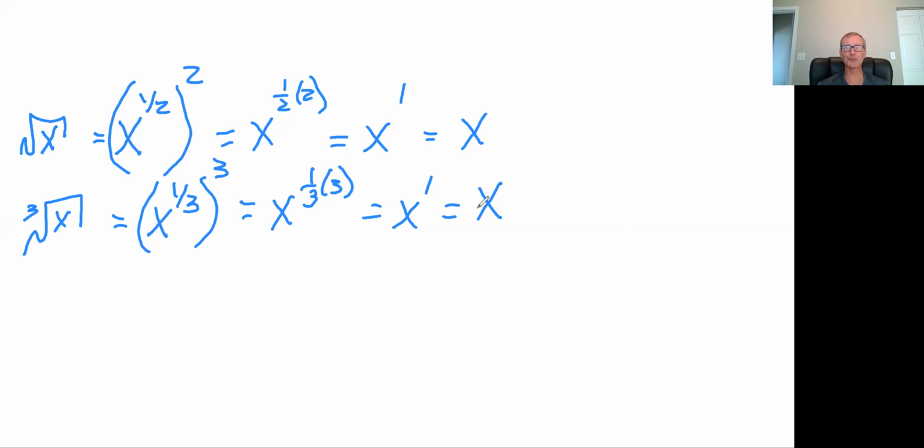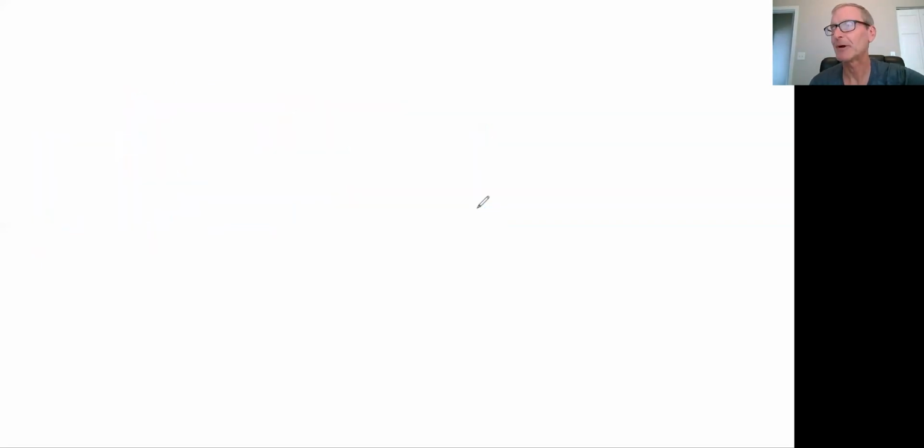So now we're going to use this kind of strategy to solve equations that have radicals in them, i.e. they have either a square root or a cube root. So let me show you one example, and then we'll do one more. So the first example I would like to show you is square root of x minus 1